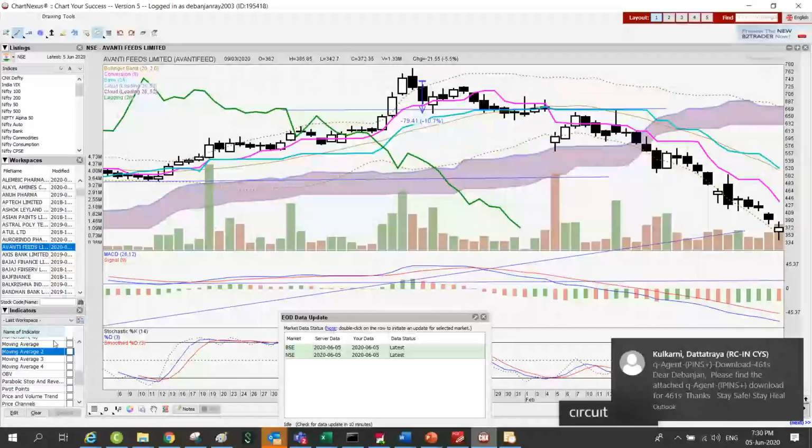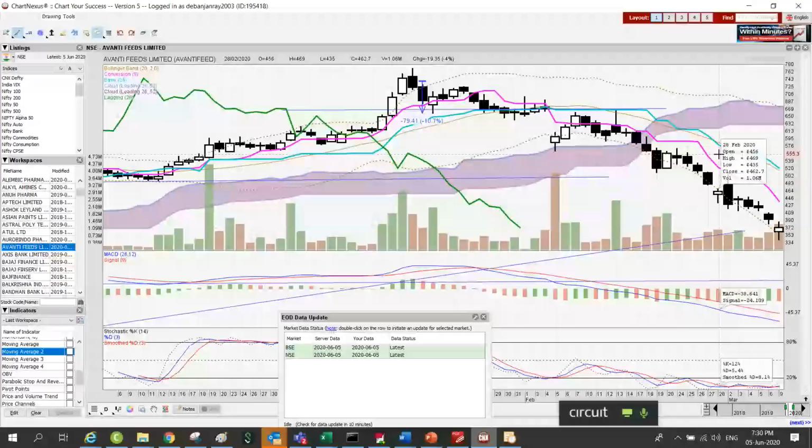Yes, now you can see that it is falling below that. So the Ichimoku cloud line you can consider as an interesting stop loss,